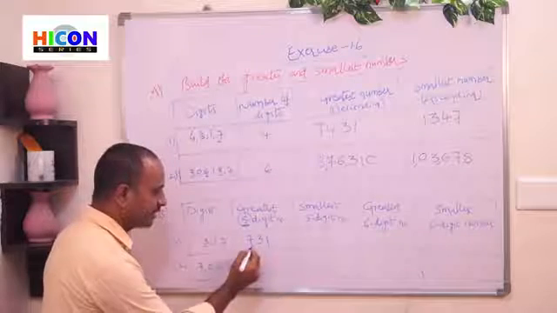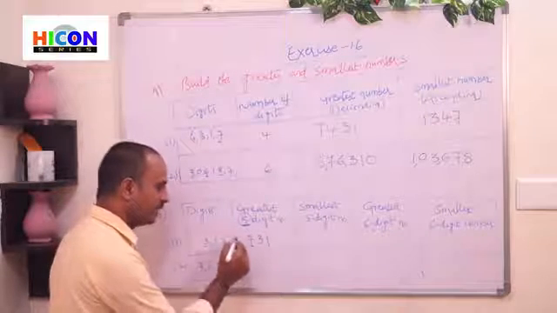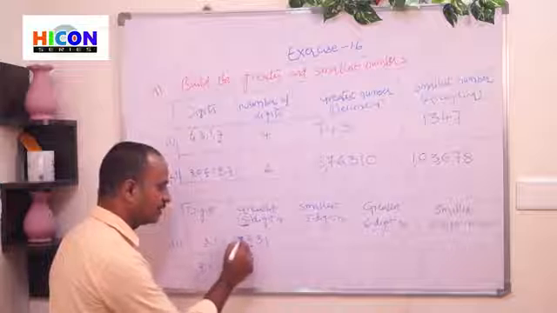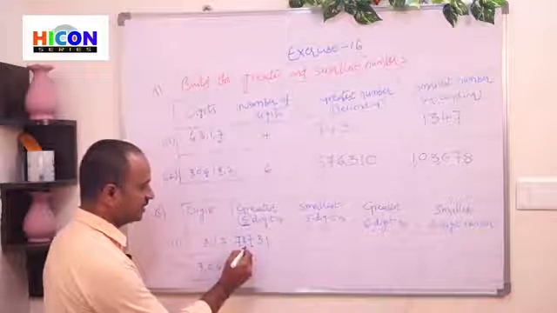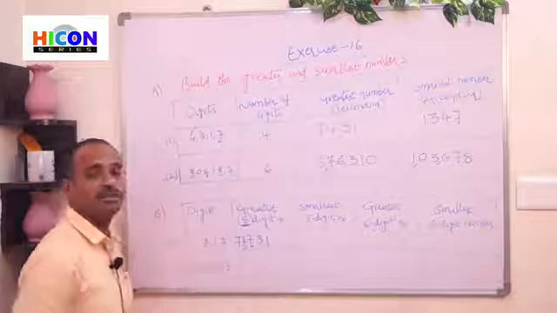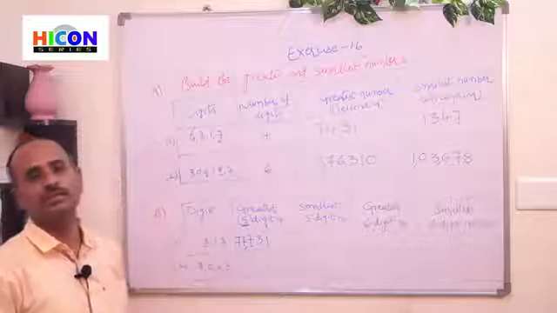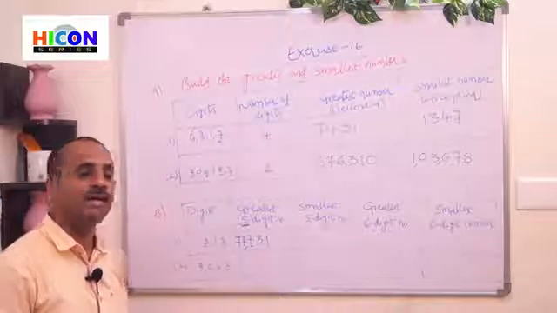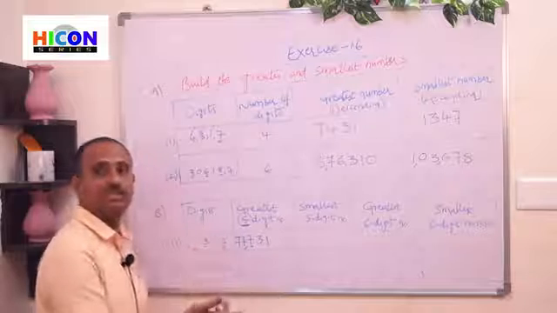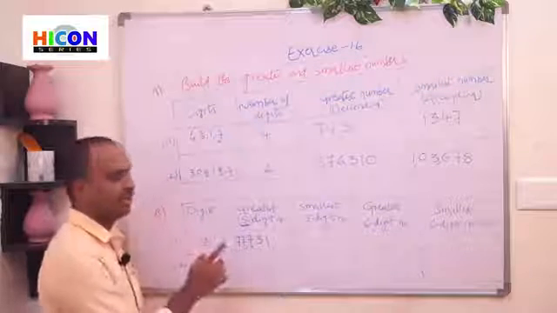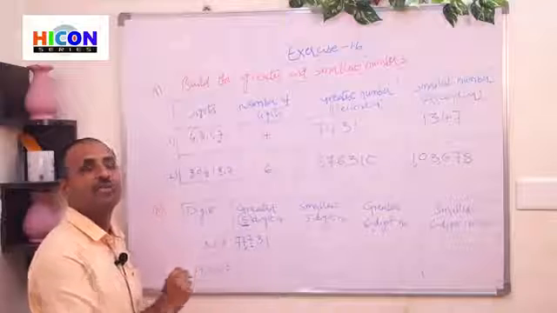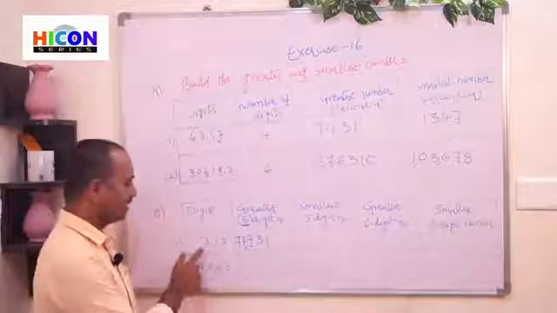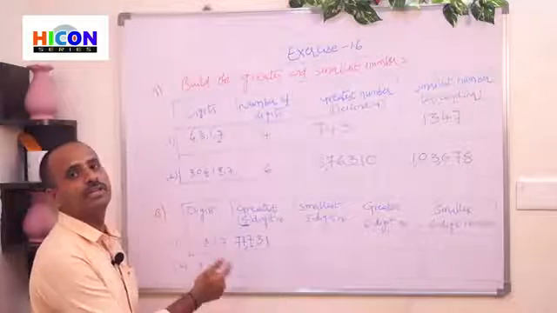So for this, we have to repeat the greatest digit 2 times. Here the greatest digit is 7. That's why repeat the 7 2 times at its left side. Then this is the greatest 5-digit number, 77,731. So the greatest number can be obtained by repeating the greatest digit as the number of times we required. Here we have only 3 digits, but we required a 5-digit number. So 2 more digits are required. That's why repeat the greatest digit 2 times.